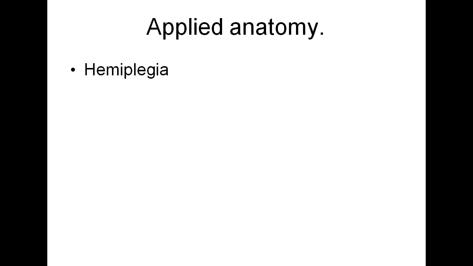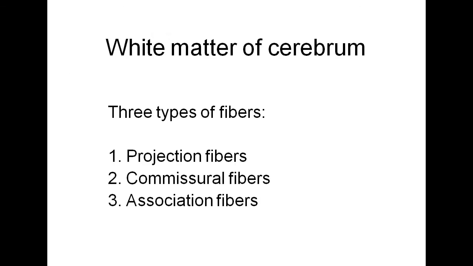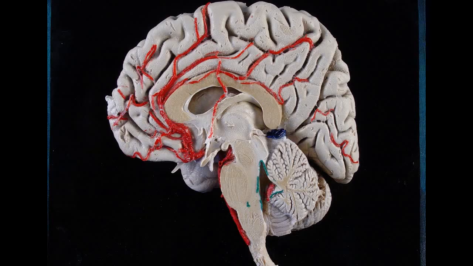Applied anatomy. Hemiplegia. If part of the motor area of the right side is damaged, the half of the body on the other side, the contralateral side, will be affected. This is called hemiplegia. Suppose the right cerebral cortex is damaged, the left upper limb and left lower limb will be paralyzed. That is hemiplegia. We will not go into the details of this, which will be done in the next classes. Next we'll go to